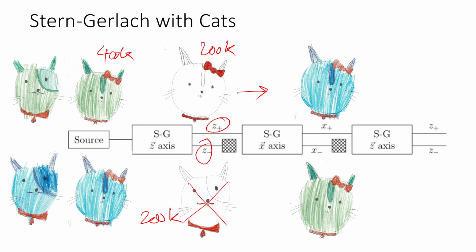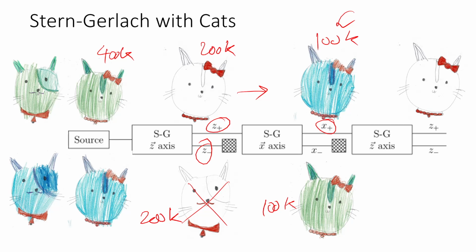We see that about 100k, about half of them, are blue and about half are green. Nothing surprising here. But now we send all these gentle lady cats, which came out spin right in the x-axis that we measured, to another Stern-Gerlach device which only checks for gender. Then what we see is that